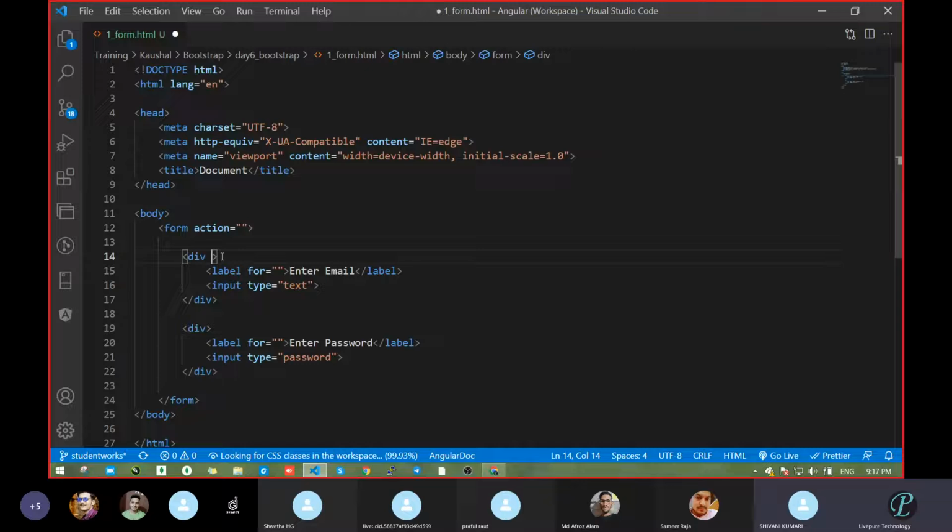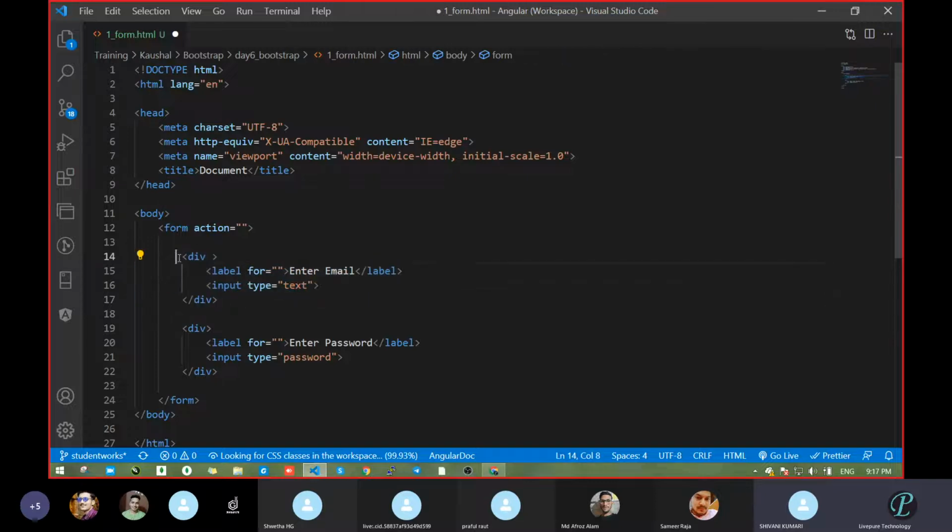So div is just like a container. If you want to add a style on a particular input element or label, suppose that first we had taken email, so we had taken two things, label and input field. We want something on these two parts. So that's why we had taken them with a div.